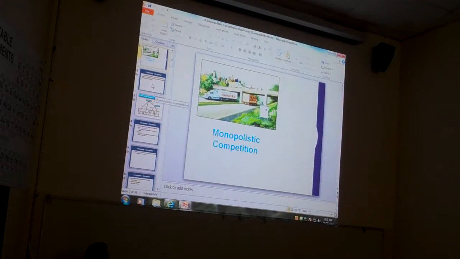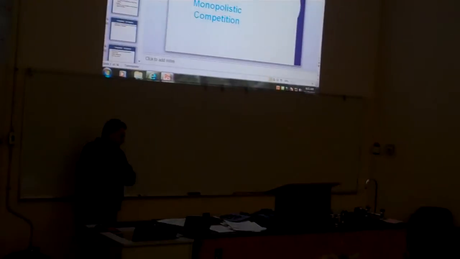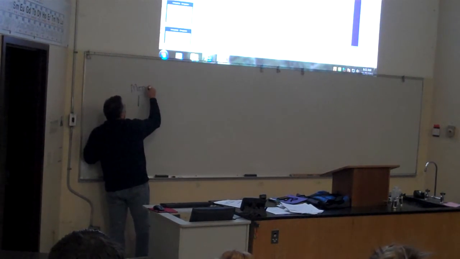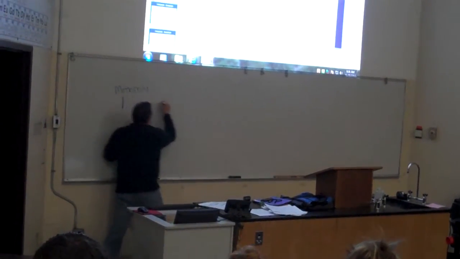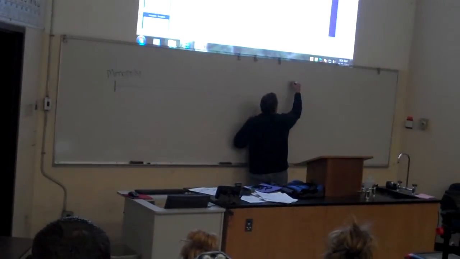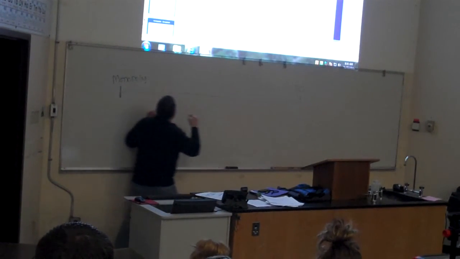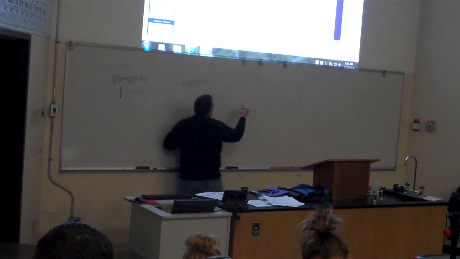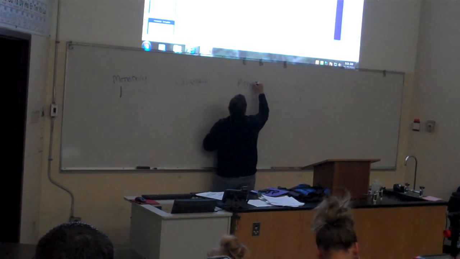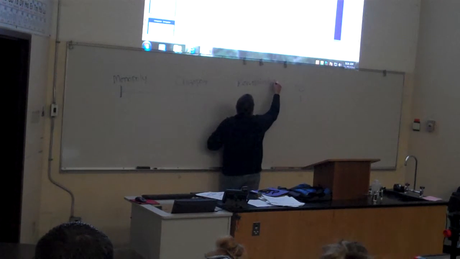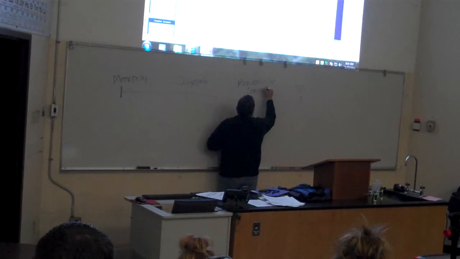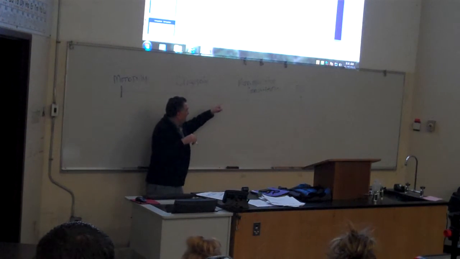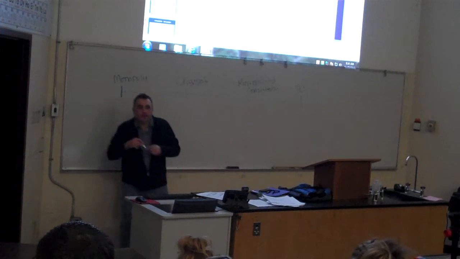So we have on the continuum, over here we have the monopolies, and then all the way over on the other side is the PC, the perfect competition, and then in here is the oligopoly, and then here is the monopolistic competition. Okay, so